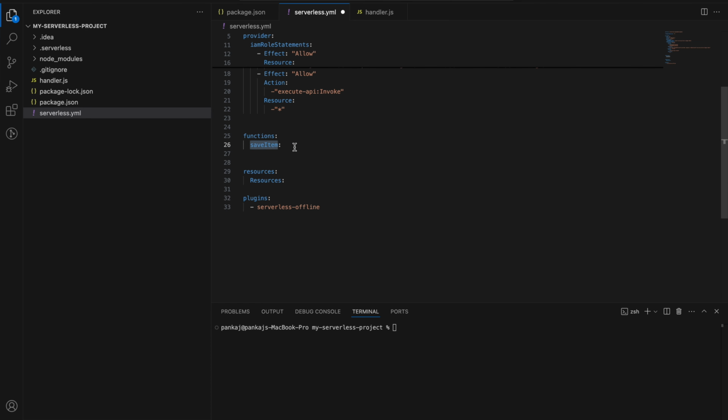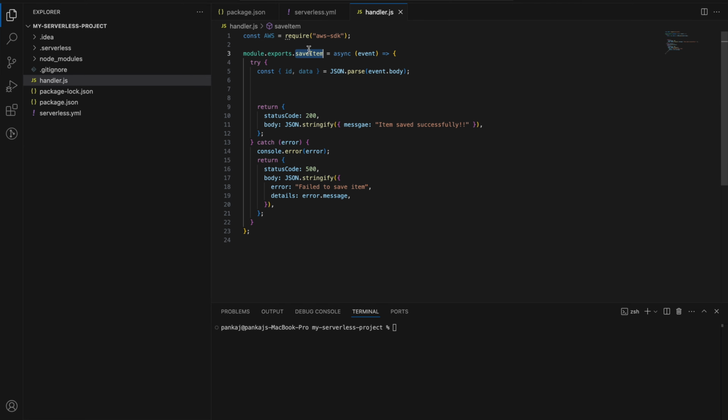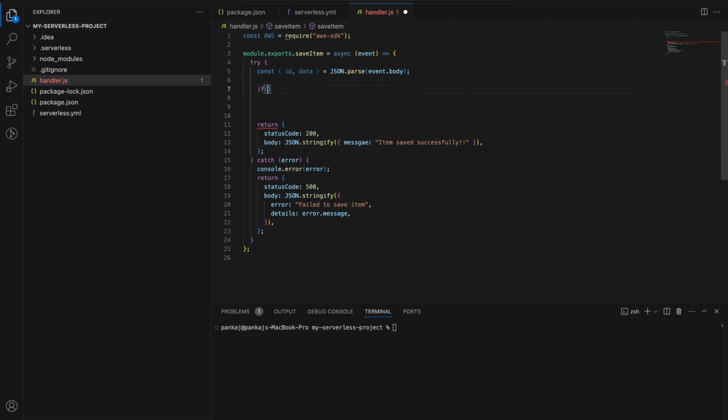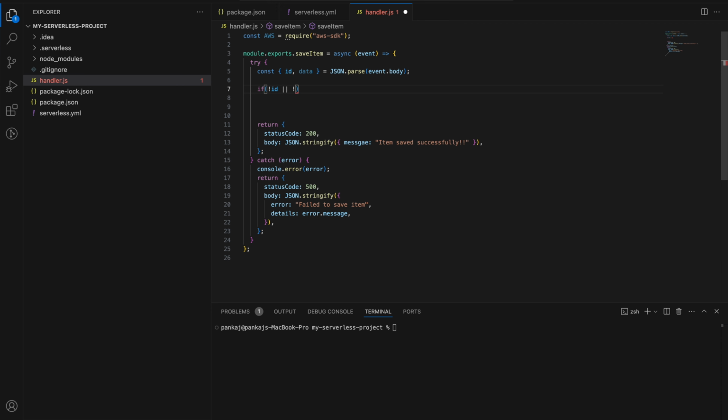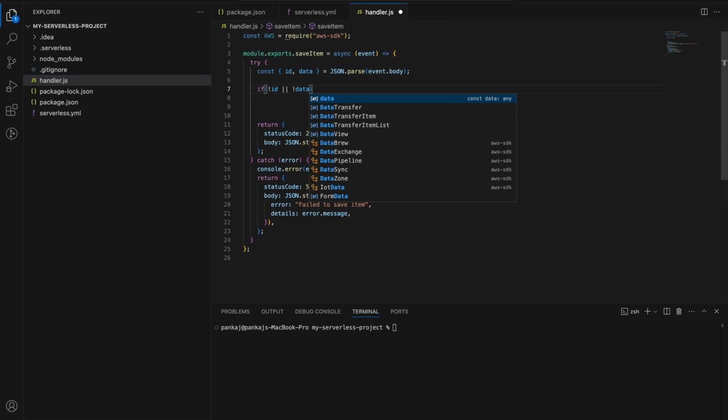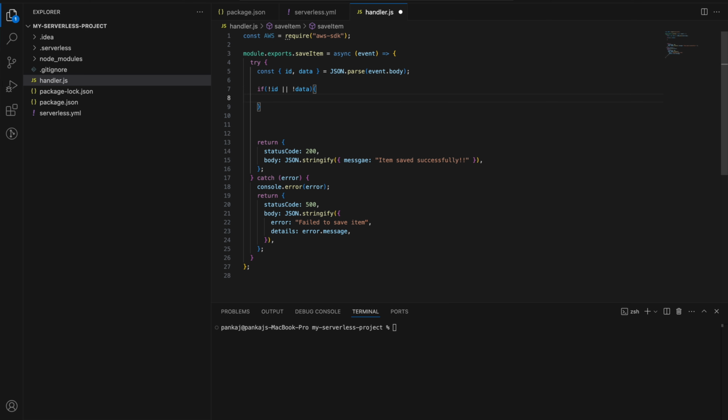So function, let's say save item is the method name. Let me quickly go here. I already have a method which is save item, and let me quickly code this save item. Method event is there. ID and data we have here. And then I will say if I have ID not defined, and data not defined, in both the cases, what I'll do, I'll just return